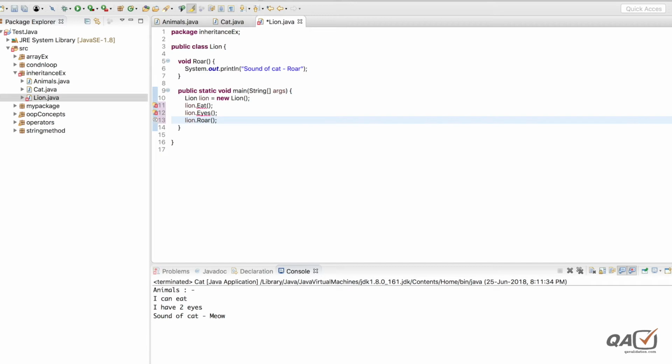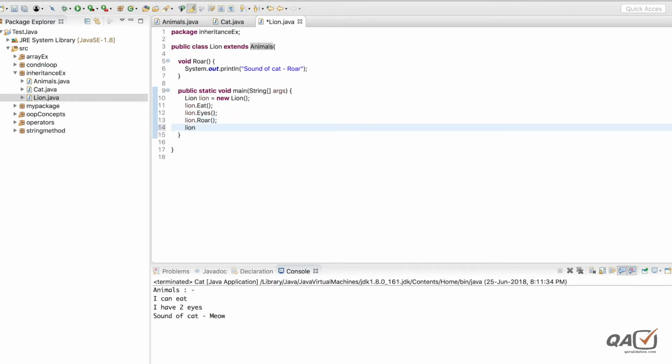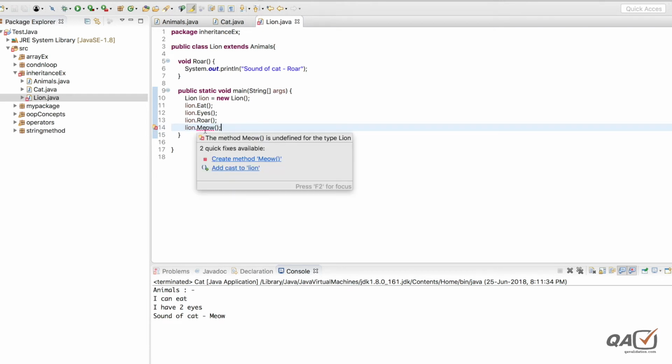So as I told, there is no relation between them. Let me put extends and then animals. Okay, the error should go. Now if I put, let's say, lion dot meow, this will throw me an error. This error says that the method meow is undefined because it's not existing, because there is